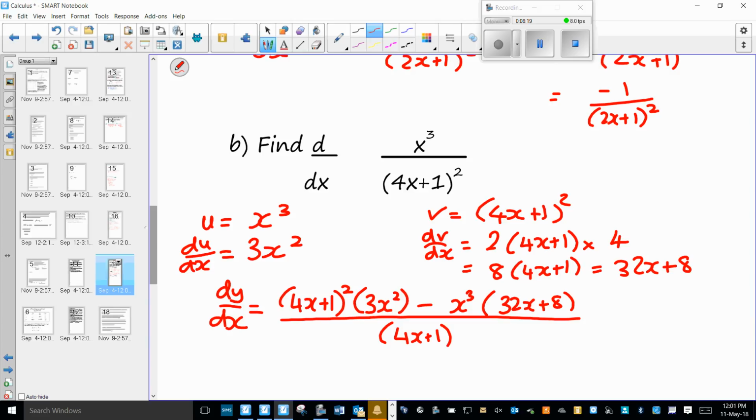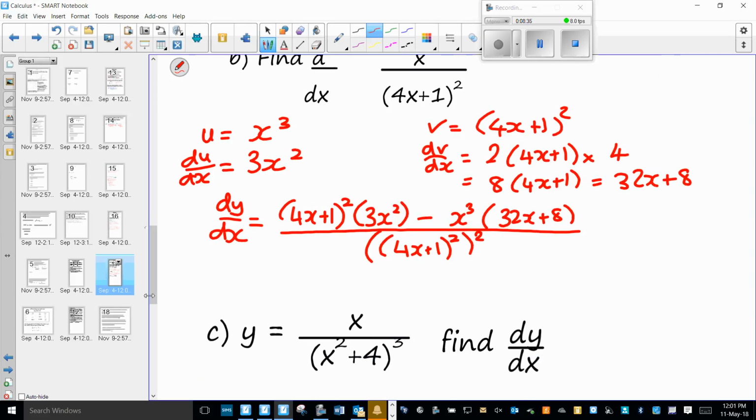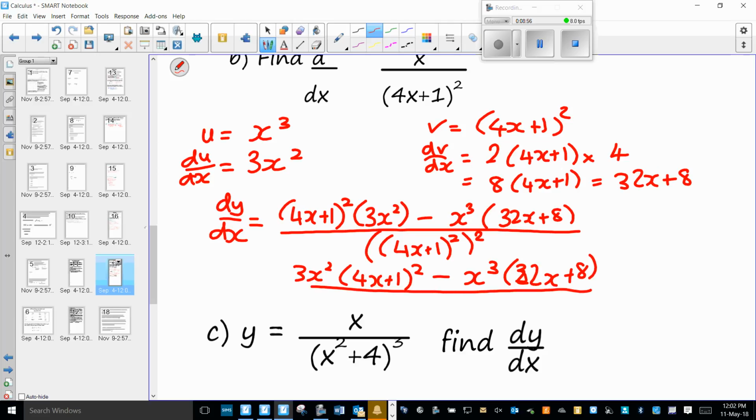Oh, I may as well write it like this. Here's our laws of indices. What happens when we have a power outside of a power? We multiply them. So what we can now do is write 3x squared, bracket. I don't know why, I just changed the order. You don't have to. Sorry, that freaked you out. So this would just be (4x plus 1) to the power